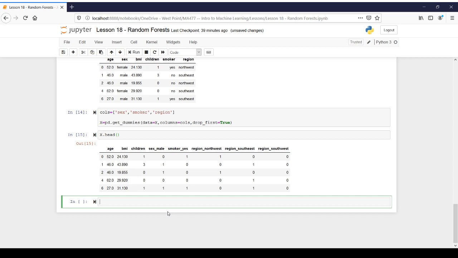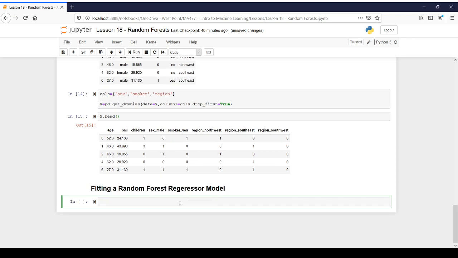So now we're actually in a position. We have our data set ready to be fitted. Okay. Fitting the random forest regressor model. Okay. So for the time being, we're also just going to split the data set into a training and a test set. Okay. So let's go ahead and import